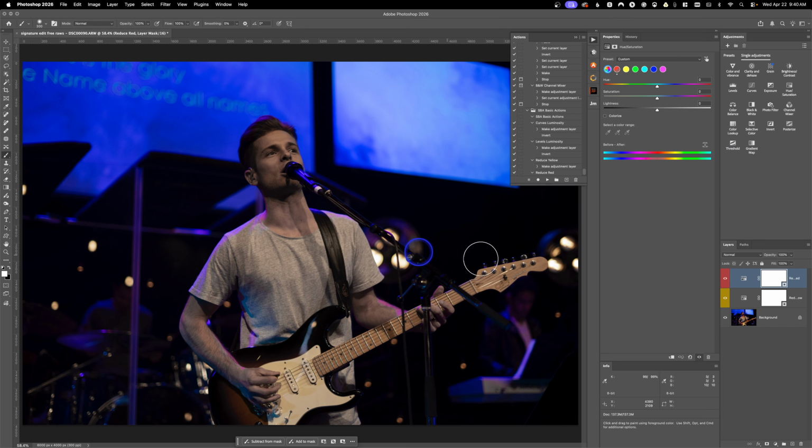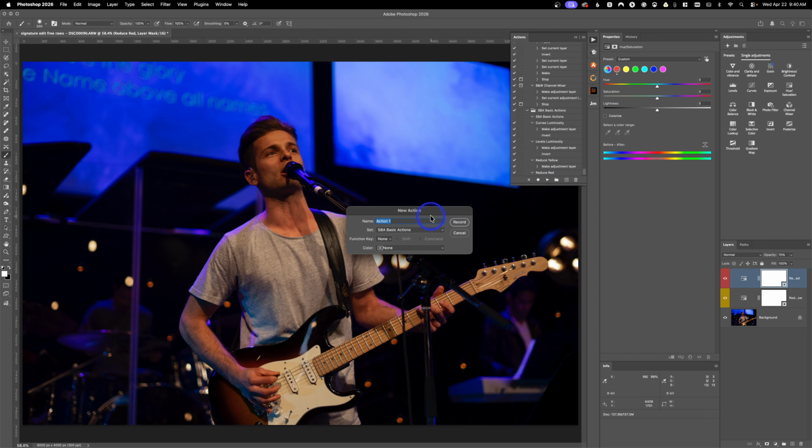And so just like we saw before, that's probably going to be too much, and you can just dial this back to get it exactly where you want by sliding the opacity either to the right or the left to either add or subtract that reduction of red inside of your image. The last one we're going to do here is plus. We're going to call this one reduce